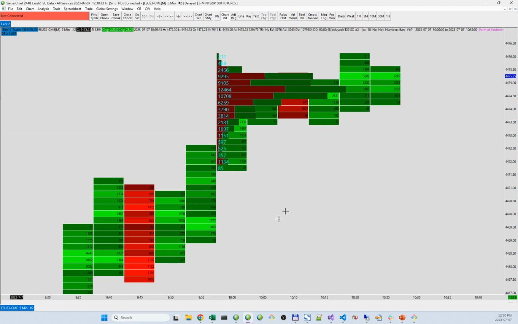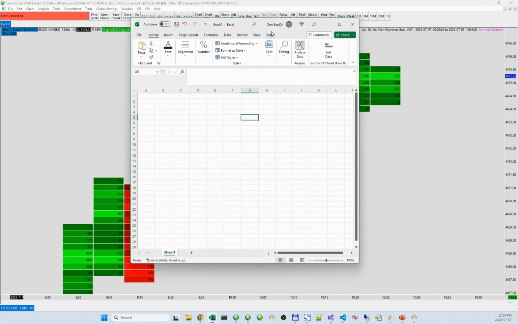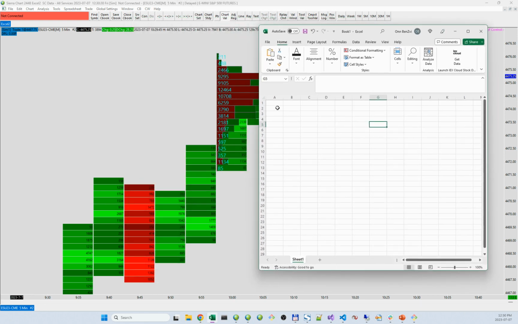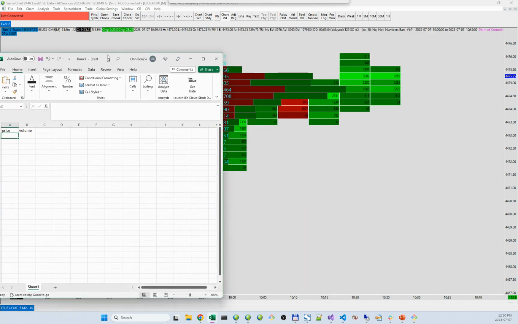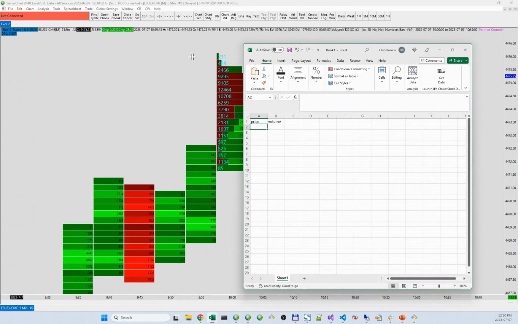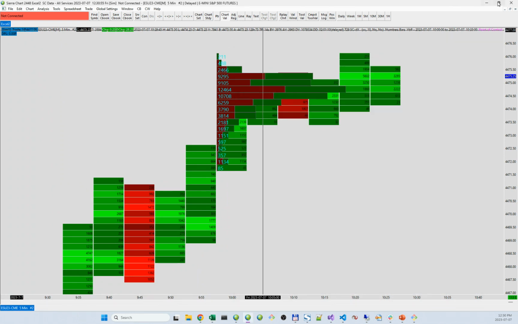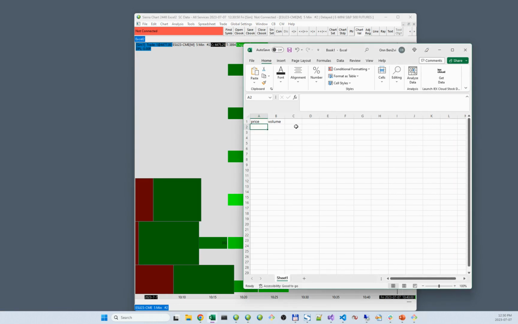So let's do that. So basically what we're trying to do is something like this. What kind of data structure are we going to need? So if this is price and this is volume, we need something that has the different price levels, right? So what is it? The top one here is 4476.00, and below that we have 4475.75, and below that 4475.50, and then it goes down further